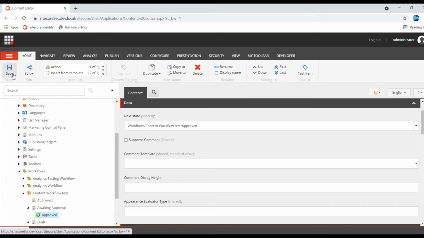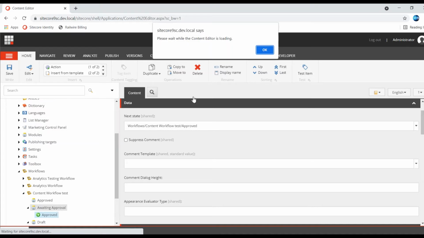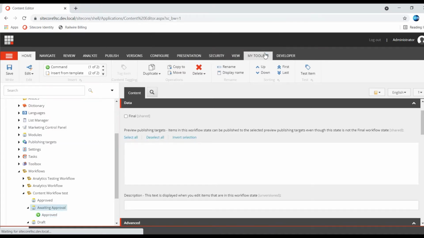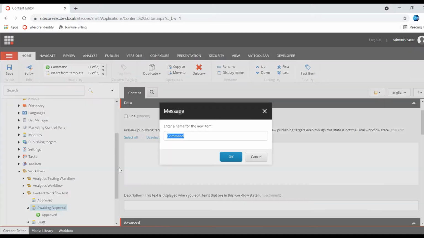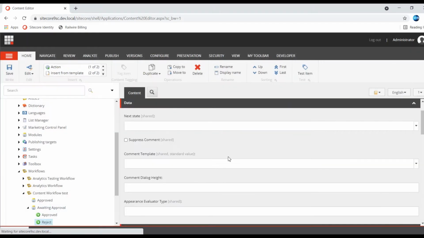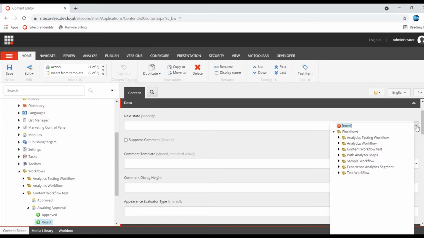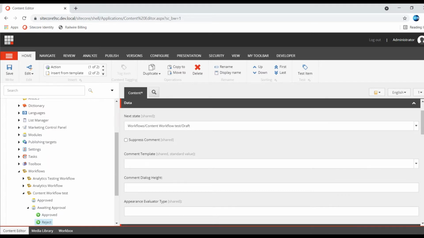I am inserting another command called reject. I am selecting the next state of reject as the draft state, content workflow draft, because when I reject, it should go back to the draft state.